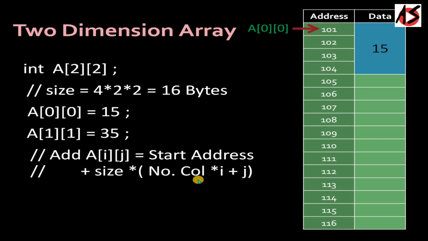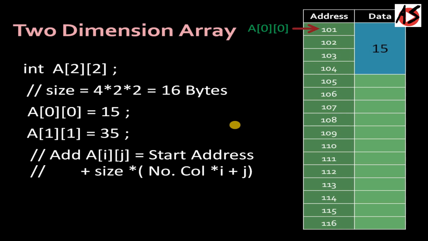This kind of equation is used for the row major matrix, in which we store the elements row by row. The other kind of representation is known as column major, in which we store the elements column by column. So this equation is for row major,